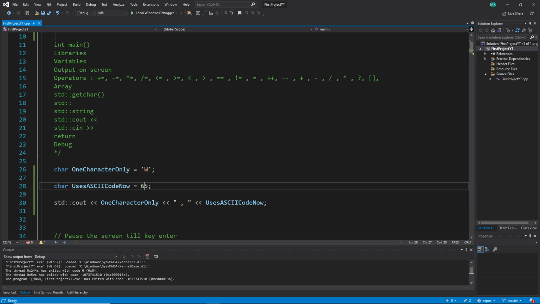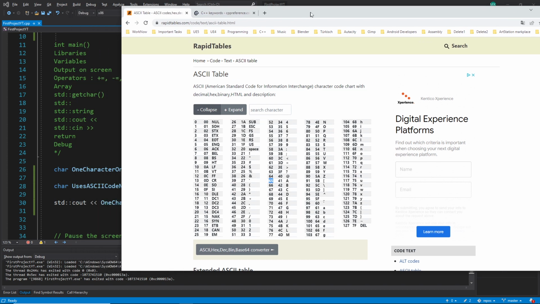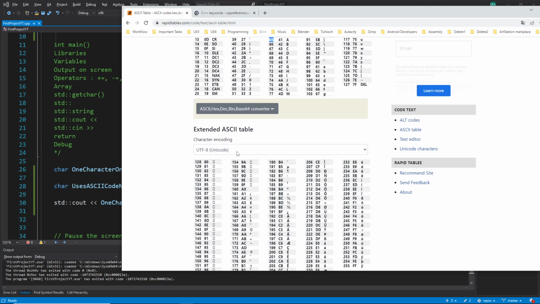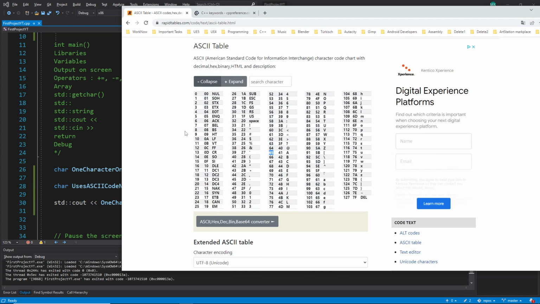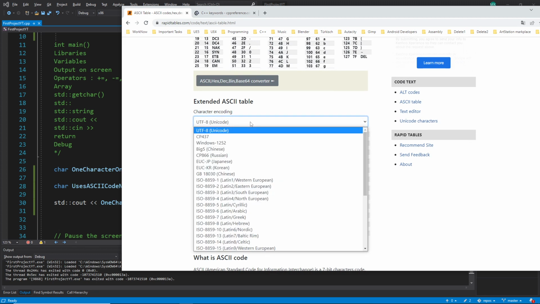So that is some basic important stuff here. Read, of course, online or in your C++ book about characters a little bit more in detail, why they are using ASCII or something like why you can here convert this to characters and back to ASCII code. But here one more thing to the ASCII table. This one is just the ASCII table, but later they changed that to the extended ASCII table, which is also known as the UTF-8 Unicode. Probably you will hear about this one,